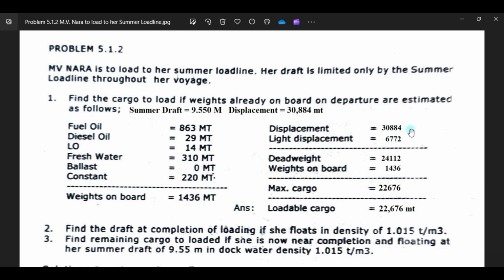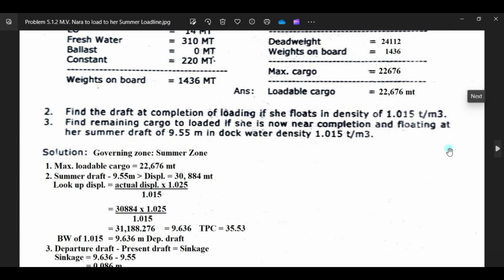You subtract it from your displacement, then you will have a deadweight of 24112. With deadweight, you subtract your weights on board of 1436, then your maximum cargo will be 22676. So the answer, or how much maximum cargo to load, is 22676 metric tons. Okay, and number 2.